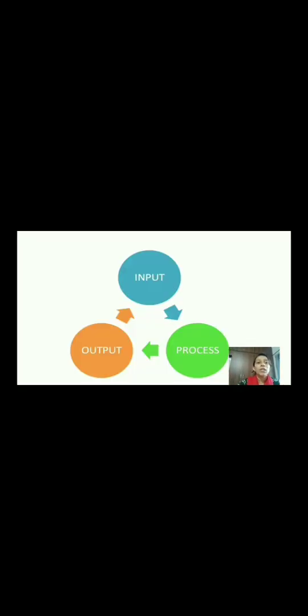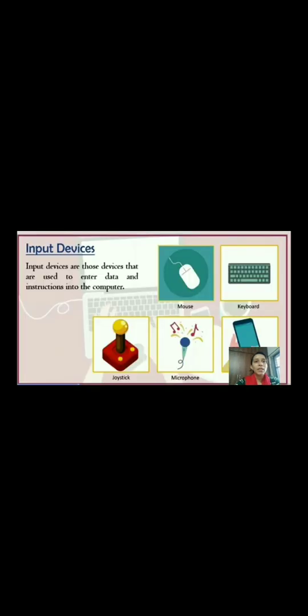Now you know about the input process output cycle. That is the IPO cycle, how it works. You are entering data into the computer, that is the input. It will go into the CPU and be processed in the CPU. That is the process. After the processing, it will give the information on the monitor. That is the output. If you want to store your data, you can store it in storage devices.